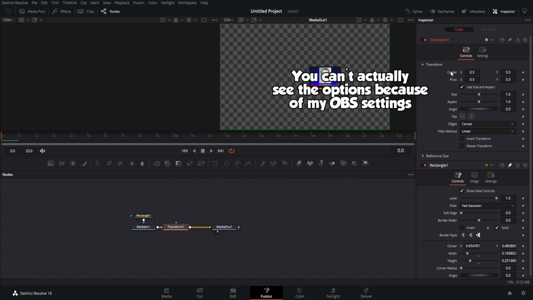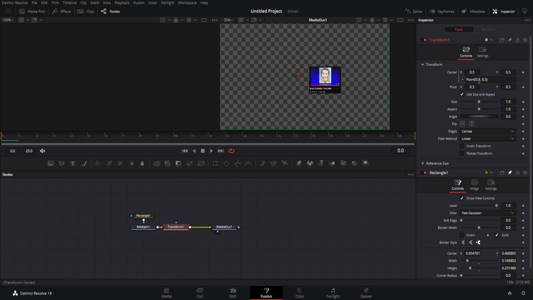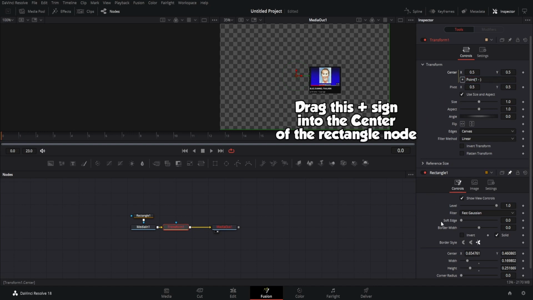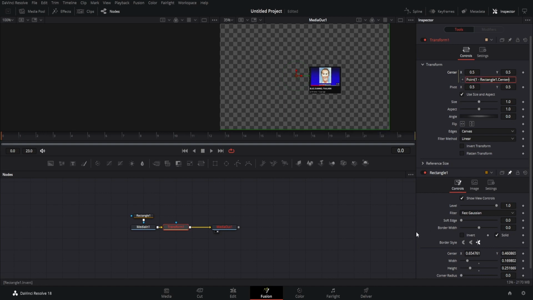So we're going to right click the center and click expression. This is going to give us a point that we can edit. So from here, we're just going to take 1 minus, and we're gonna subtract the center of the mask. And of course, this is not a valid thing, because the center is not a single point, it's an X and a Y. So for the X coordinate, we want to put the center X, and for the Y coordinate, we do the same thing, but we take the Y coordinate,